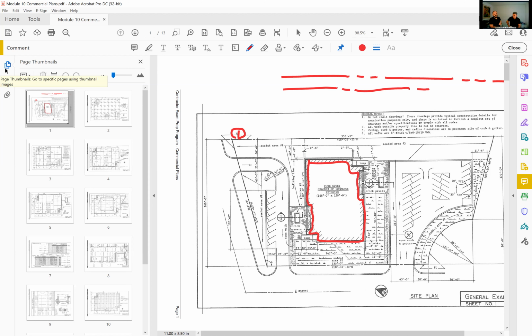So when we get a question that asks about vertical information, like heights of things, or about a particular type of construction material,